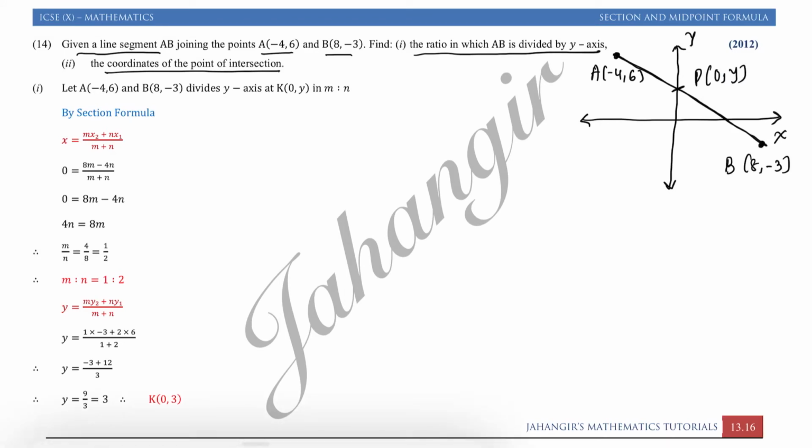So here I have taken K, so I will just write K only. Otherwise sums will become different. So we can say it divides in the ratio of m is to n. So just write down this statement: let A(minus 4, 6) and B(8, minus 3) divide the y-axis in m is to n. So therefore, by section formula,